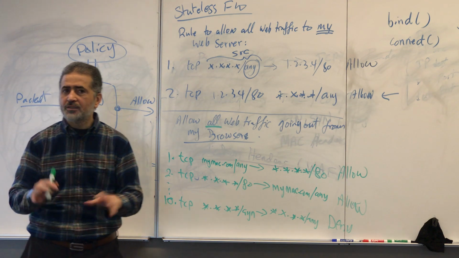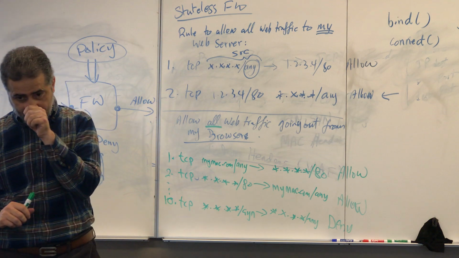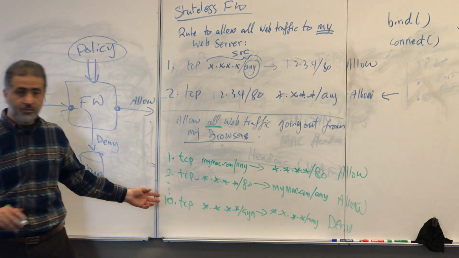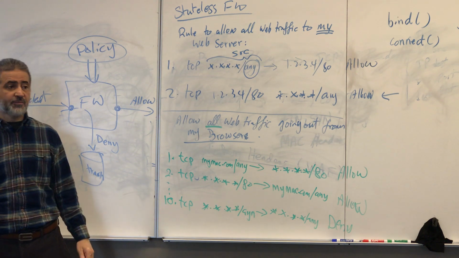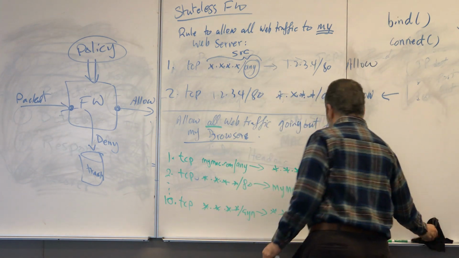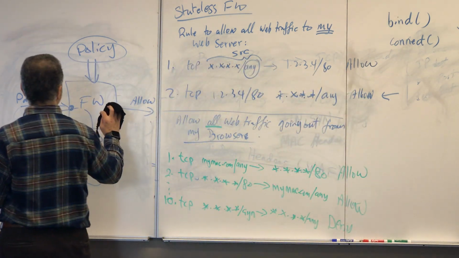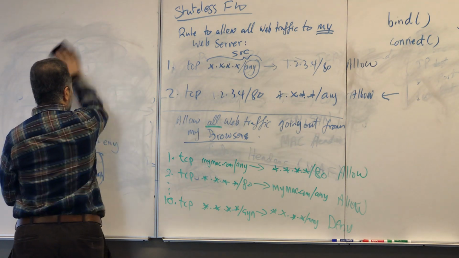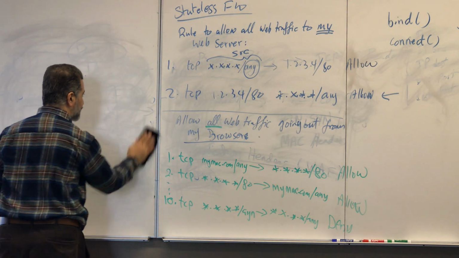So let's make it simple instead of going with multicast. Let's assume that you don't want UDP traffic. What do you think you should do here? I want you to give me a rule to deny UDP traffic. What will the rule look like? We are now on the policy side. What's the rule to deny UDP traffic?